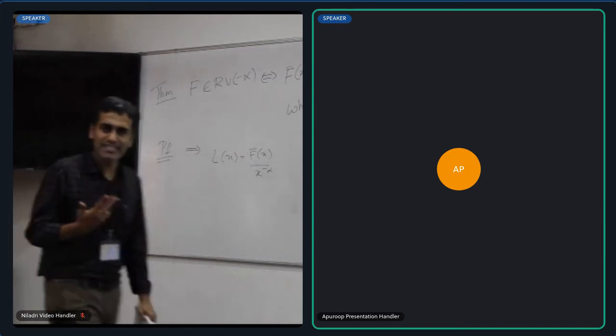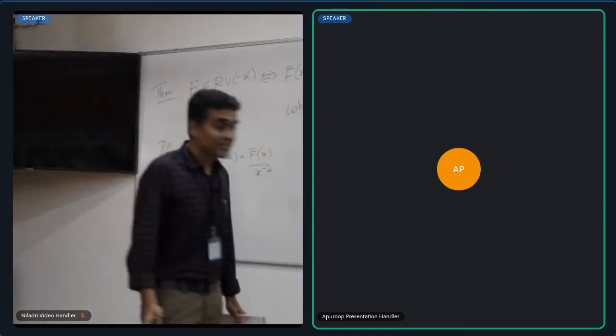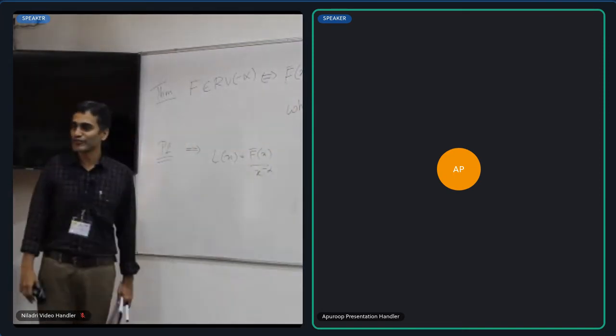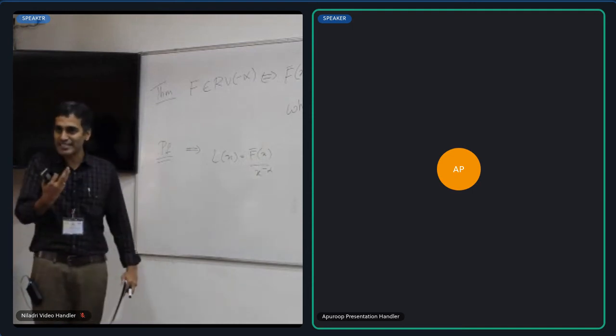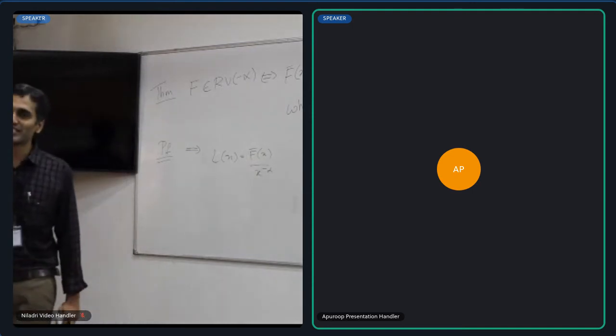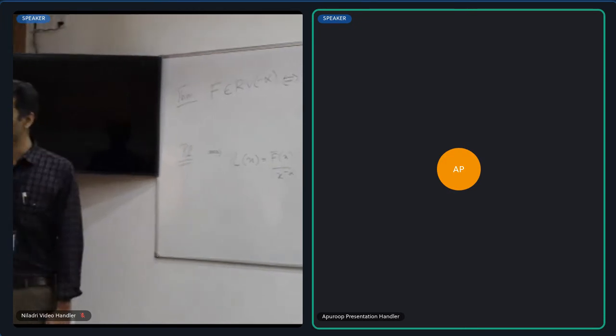This gives you a representation theorem. There are better and more precise representation theorems for regularly varying distributions, but this is something that's informative: that regularly varying distributions are those which are power laws multiplied by a slowly varying function.